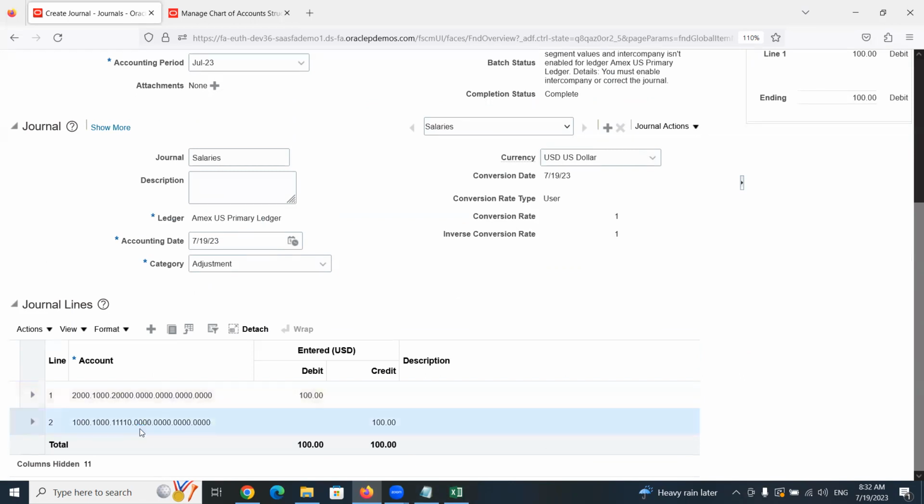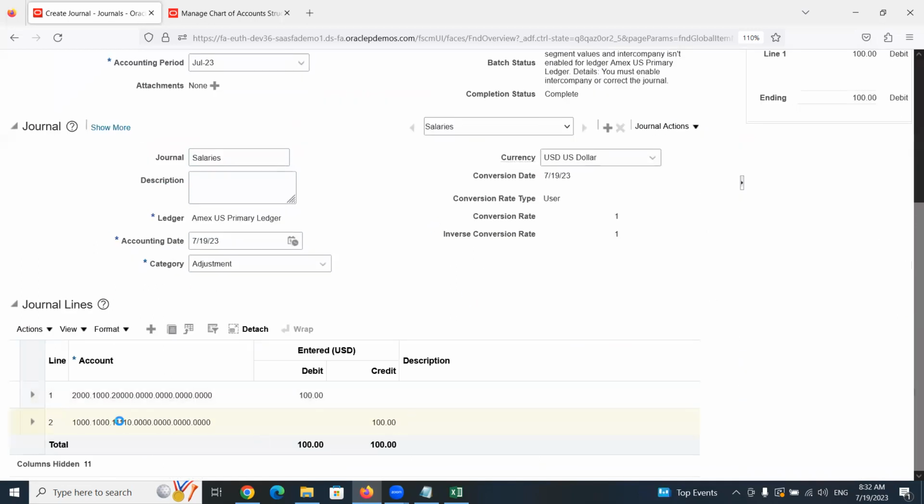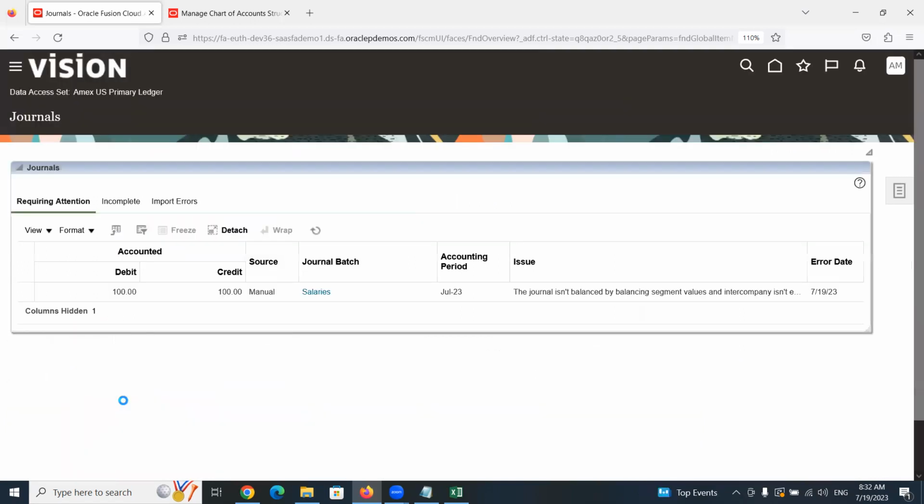Now we'll go and correct it. From here you cannot correct directly. Click on cancel to close this page, because we want to update this. Now it's frozen. So here you can see the same journal. It is showing here, or else simply you can go to